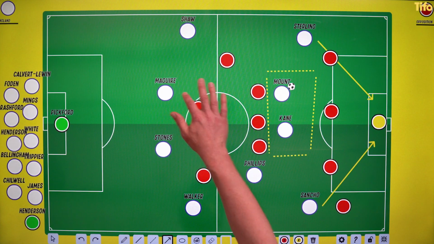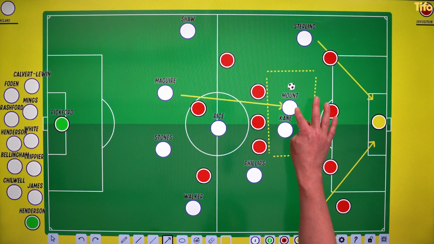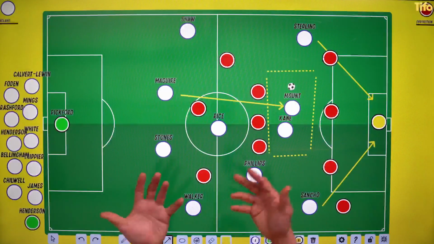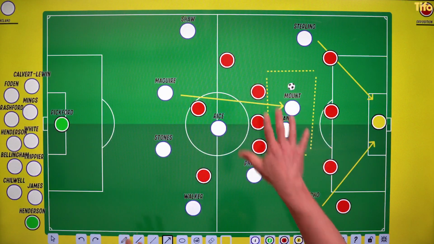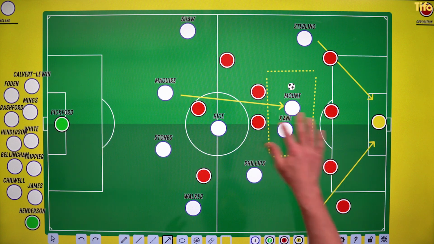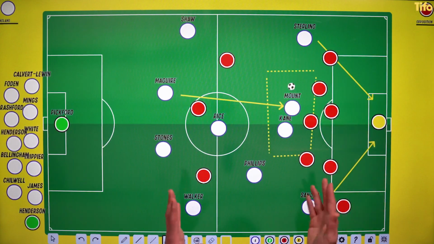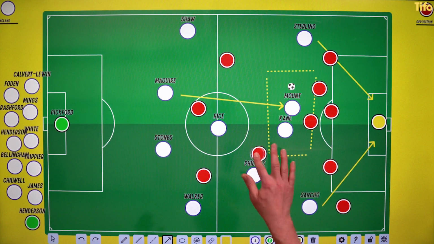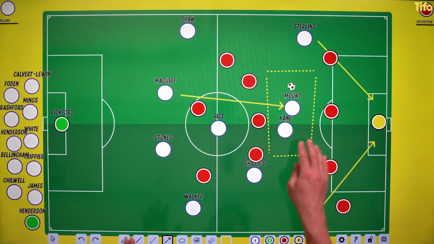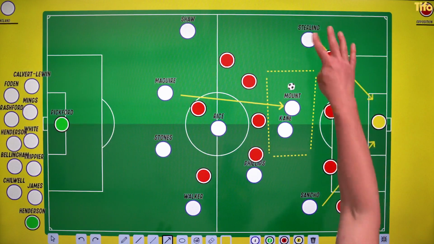So if they transition more vertically, and this will probably happen a little bit more against teams that try to press them high and play quite expansively and leave gaps in this area. It's not going to be that likely to happen against teams who sit really, really deep and try and compress the space, because there won't be much. But if they can get the ball to transition quite quickly here, then England become very, very dangerous.